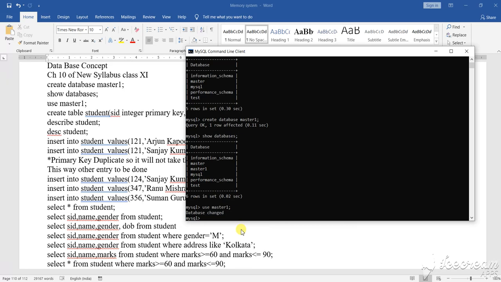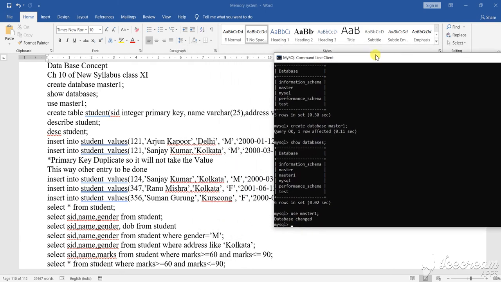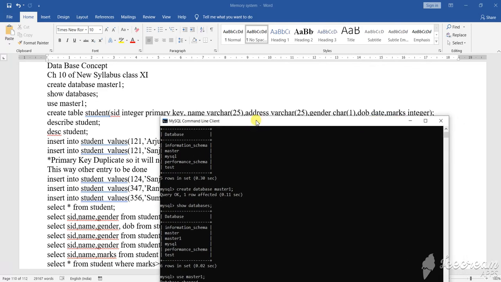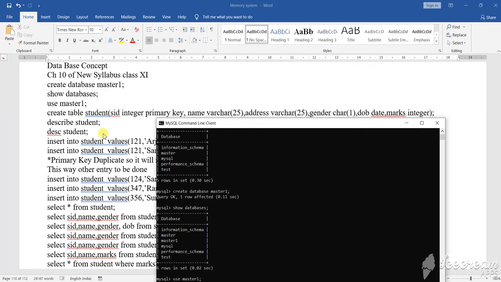Now inside this database I require to create one table. Suppose first I want to create one student table. What the data will be, as I have written it here for your reference, so that you can write it from there. Suppose a question: create a table student, where SID, meaning student ID, is the primary key. Primary key means that particular key which is unique, which cannot be duplicated. Name, address